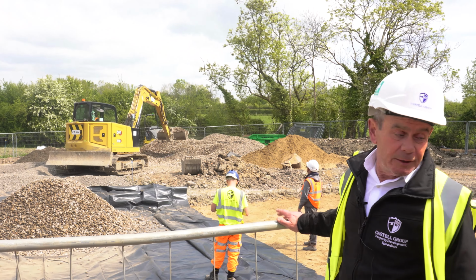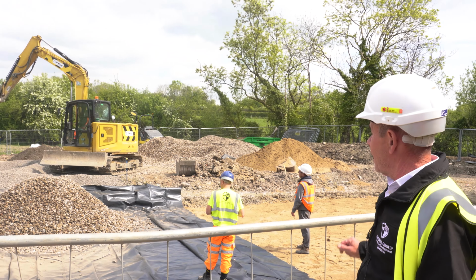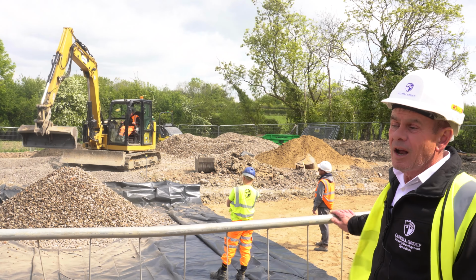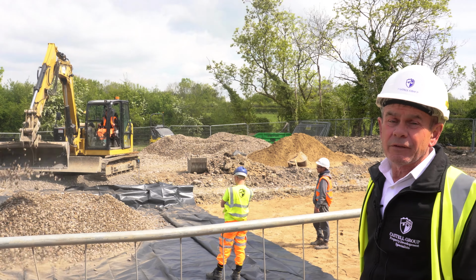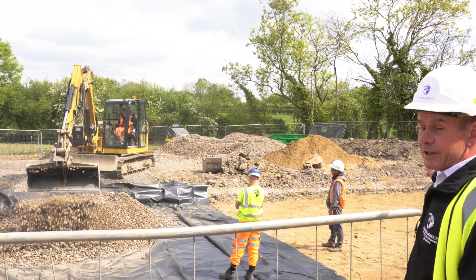So now they're putting the black waterproof membrane down at the moment, clean stone on top, so they're going to get it all spread around, crack it all in, compact it, and then hopefully next week, just wait for our construction civil director to come, book a date in for the base coat of tarmac. And then if I take you further down,